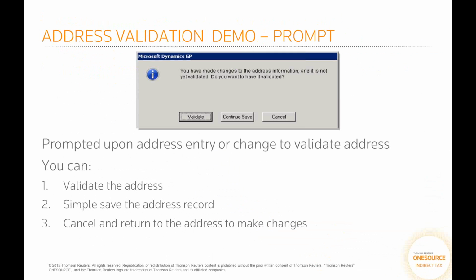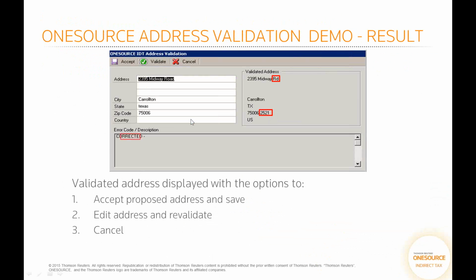So how does it work, the address validation process? So when you enter an address, you will be presented with one of our screens with an option to validate the address, save the address without validation, or return to the address to make further changes manually. If you choose to validate an address, our OneSource integration shows you your original address and the validated address side